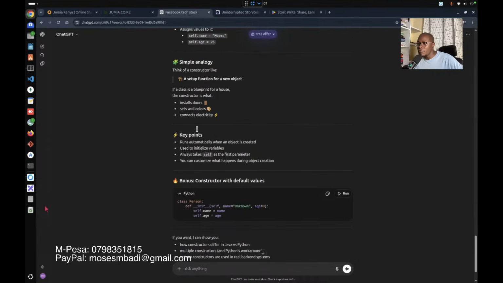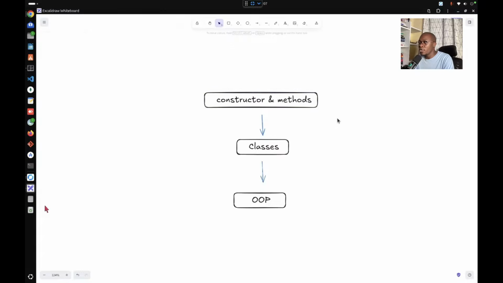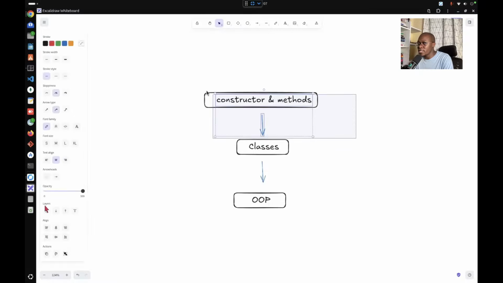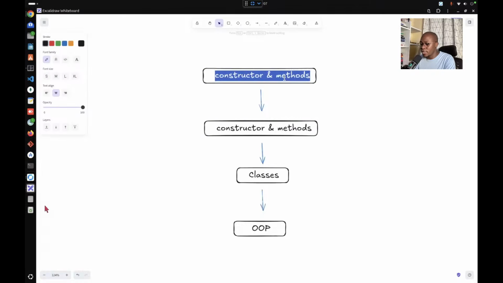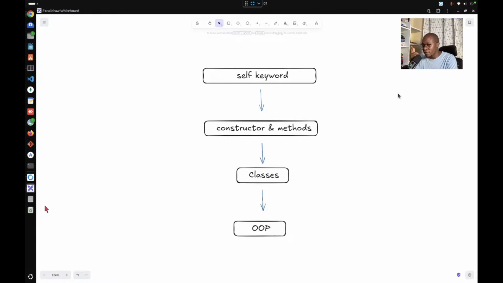Okay. So after you've understood this explanation, you might want to understand what this self.name is, okay? So you go back to your knowledge graph. You say, for you to understand this constructor thing, you need to understand the self keyword, okay? Now, like I said, you go back, creating the tree, you'll get to something you already know. Like, for example, if statements, variables, while statements, and so on and so forth.